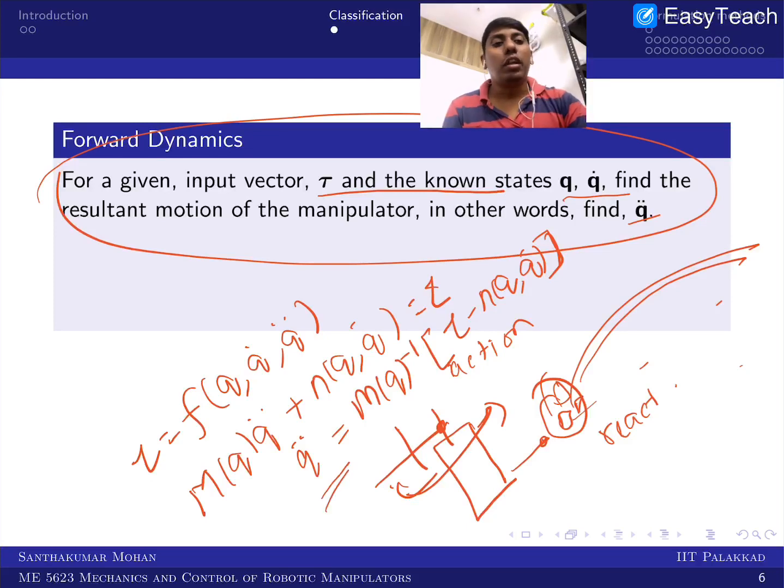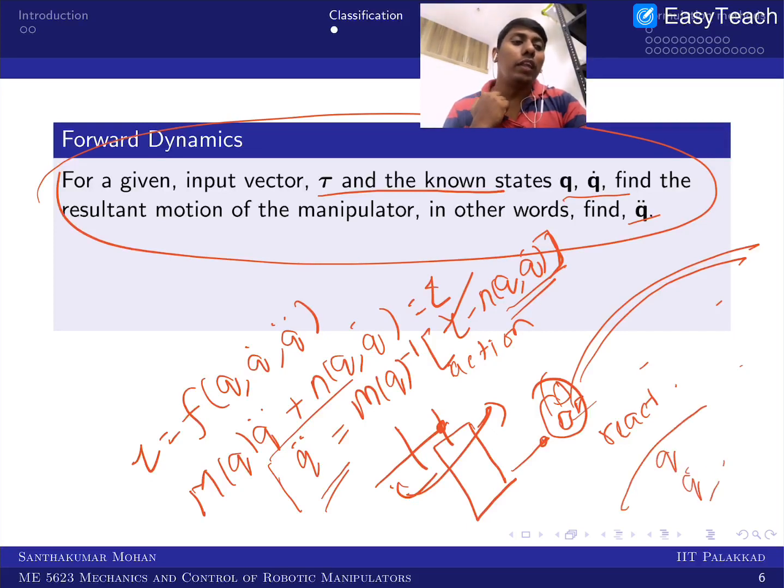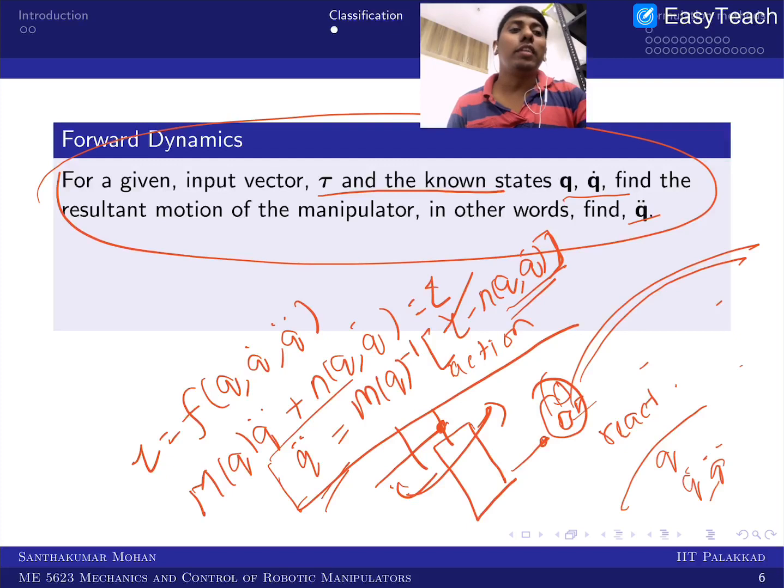So in the sense, what I am seeing, I am giving the input and I know the initial condition, so I can actually substitute and see what would be the propagation. Now this is what I'm trying to do in real time. You can easily visualize your q profile, q dot profile and q double dot profile. But if we are doing it in a mathematical way, I can rewrite that into my acceleration equation, then I can numerically integrate, right?